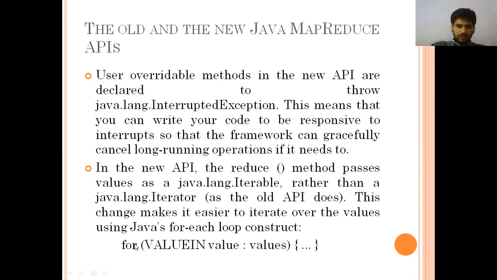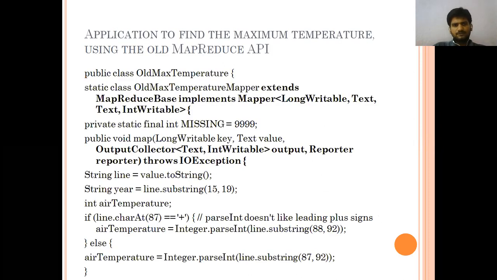What is the meaning? We have a for loop. How will it be? See this, we have braces in between, and some code. So this is going to iterate based upon the values. Based upon the values, it is going to iterate, and the values are iterable. So this is the old program. So we saw the previous and the new one.